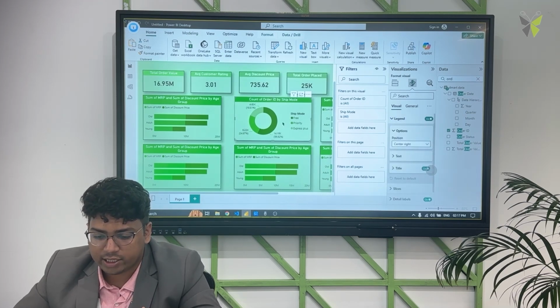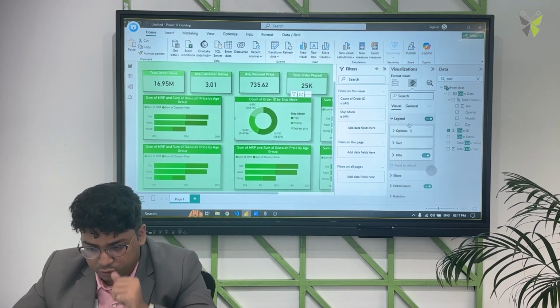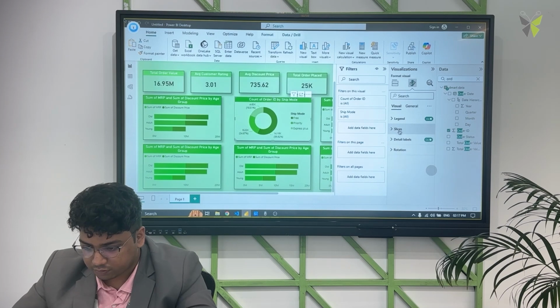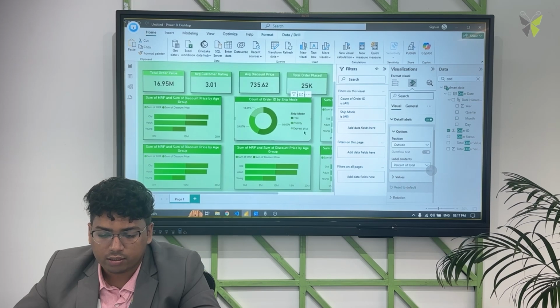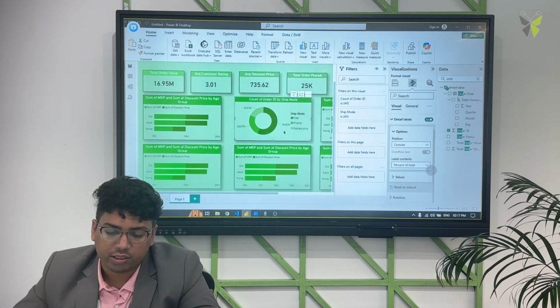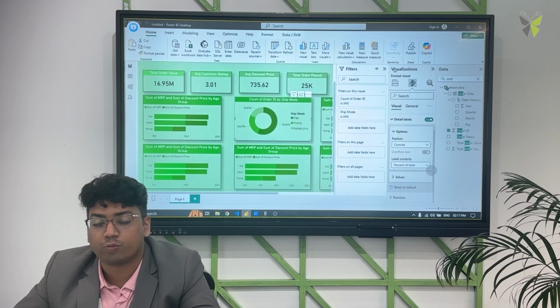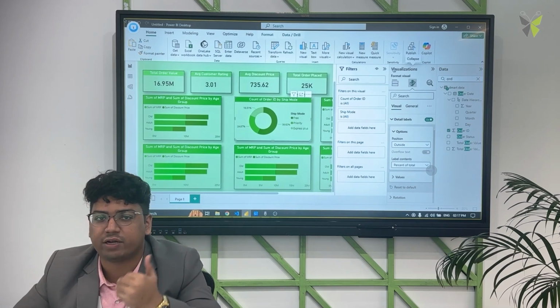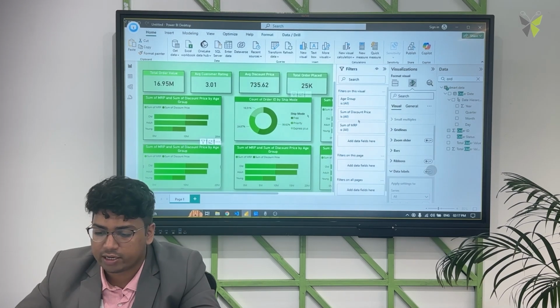Then there is this legend. I'll keep that legend as it is. I don't want to do anything to that. Rather, in my detail labels, I'll say don't give me the data value, just give me the percent of total. So we can see that 56% is from free shipping. So more than half of the orders that are coming in DMart are for free shipping.